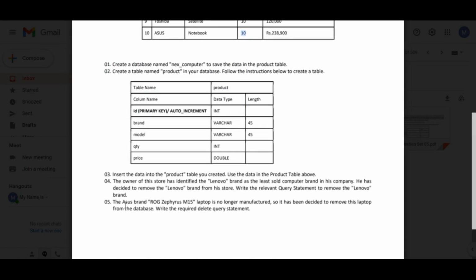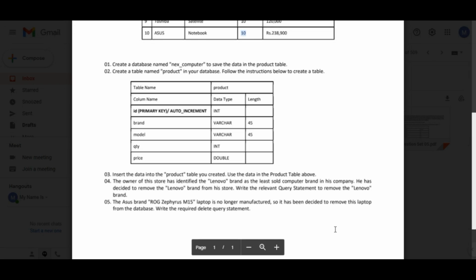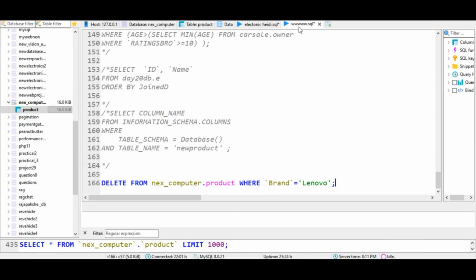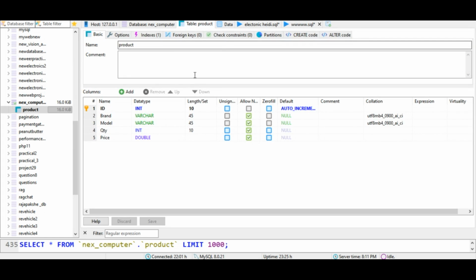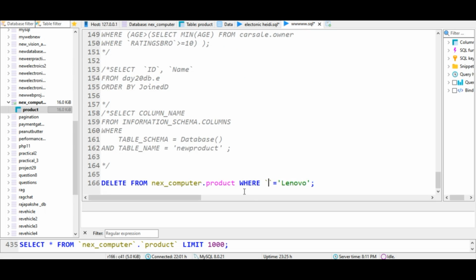The fifth one is the ASUS brand ROG Cypress M15 laptop is no longer manufactured, so it has been decided to remove this laptop from the database. Write the delete query statement. So it's also the same, you have to delete a product by using its model name. So I'm going to say the model name is ROG